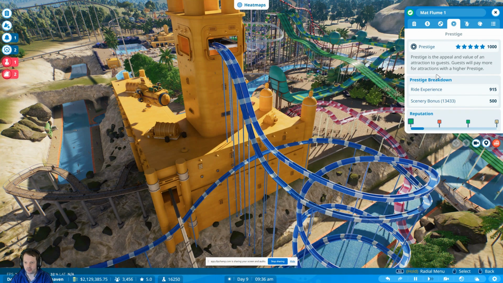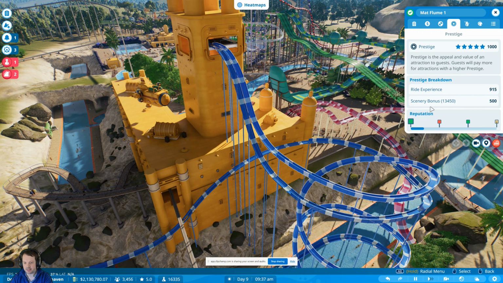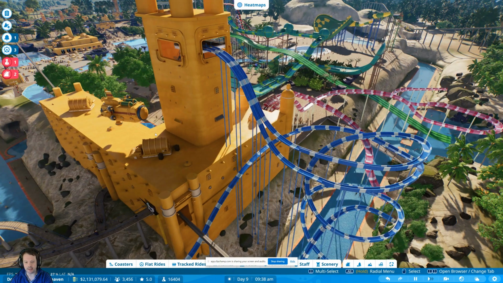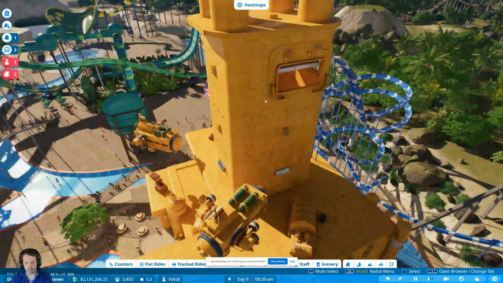We have this broken down into two sections. The first section is ride experience. This shows you the excitement and fear factors of the rides, and it will improve the rating. And then your scenery bonus. This is affected by what scenery is around the platform and your ride, or on your ride. You can edit your rides now and put scenery on them, which is quite cool. And really, you'd want to get that platform up and running and have scenery all around it, like I do,